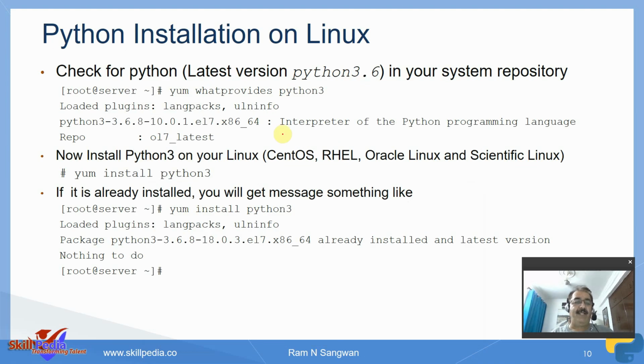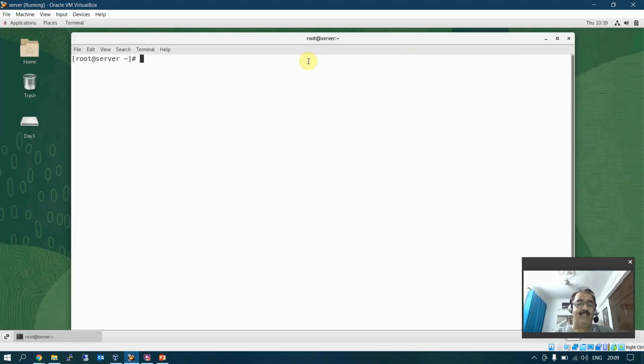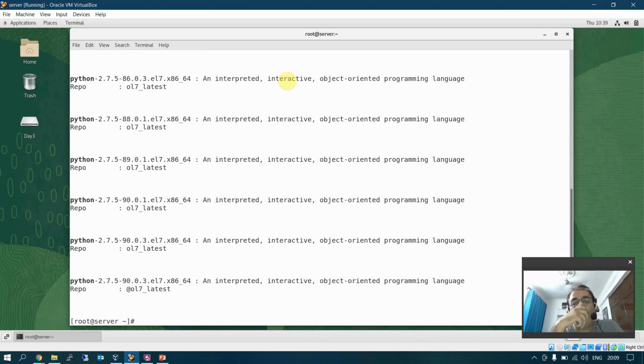Python installation on Linux. So let's directly do this rather than studying here. Let's go to the demonstration part. This is my Linux machine, and this is CentOS 7. In order to see Python, you have the command yum what provides python. If you use only the Python word, it will check Python version 2.7, to be precise.